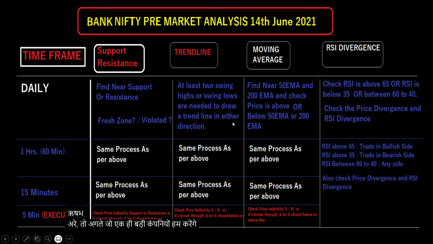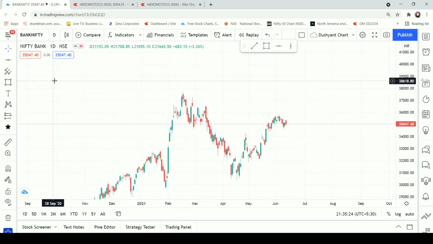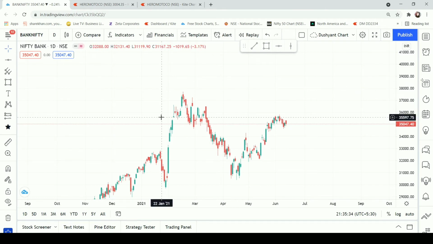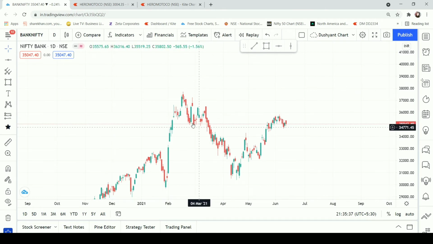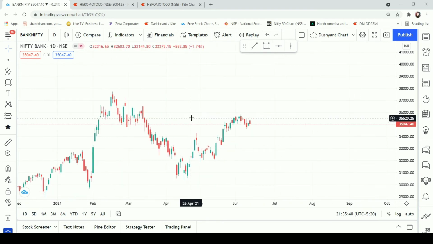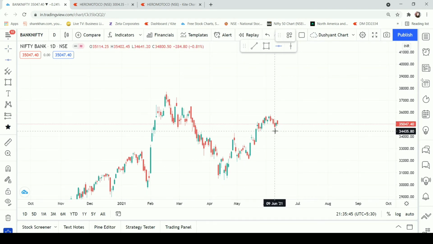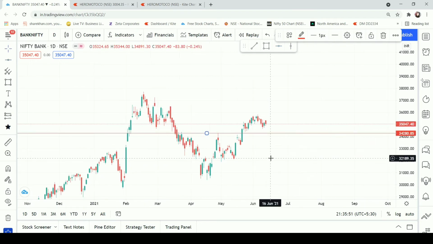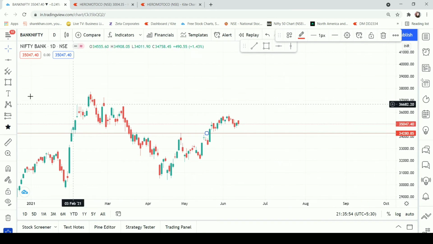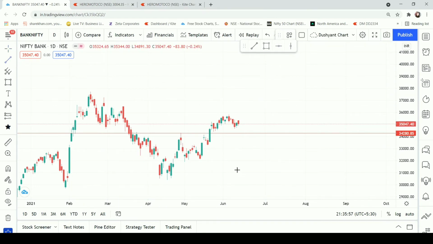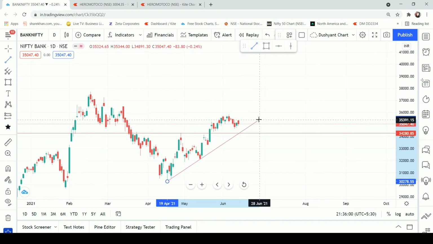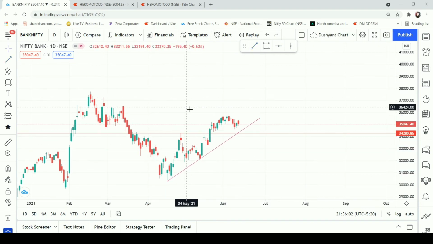I have opened the chart in the daily time frame. Actually, guys, Bank Nifty is bearish as compared with Nifty. So now we will find the near support. I think this is the support. Okay, and now we will draw the trend line, this one. Okay, and now